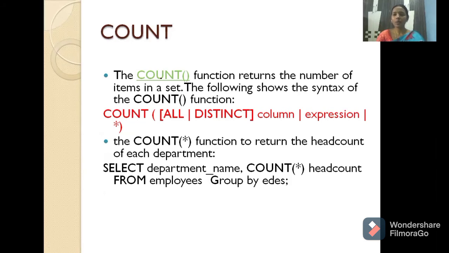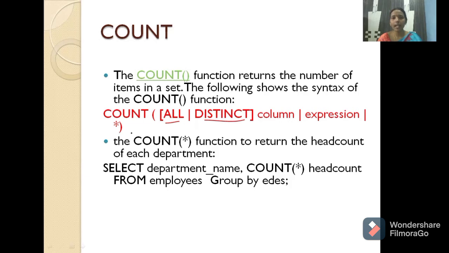Next, count. Count is nothing but it will count how many unique rows there are. For example, I want to calculate how many cashiers are there, how many managers, how many accountants. For example, in a college database, how many courses are there, how many unique student names, how many unique groups. That means count is used to count the rows in a particular table according to your group by column, or directly how many rows there are. Now in count, here also you can write all or distinct. All means all the rows, distinct means unique rows.